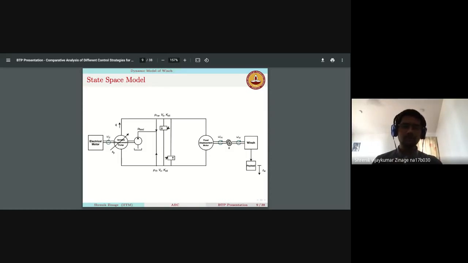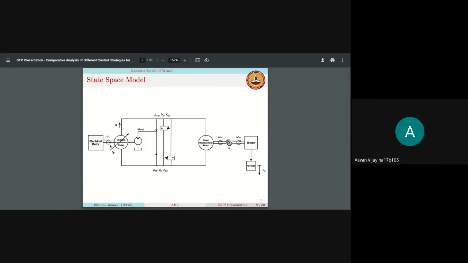If the swash angle of the pump is of higher value, the flow keeps on increasing, and due to the flow increase, there's a high change in pressure that takes place on both sides of the hydraulic lines. Due to this change in the hydraulic lines, the fixed displacement motor rotates at, say, omega m. By applying some gear transmission K, it's connected to the winch drive. So if the motor is rotated by omega m, the winch would rotate by omega w, and that rotation would cause the payload to reel down.